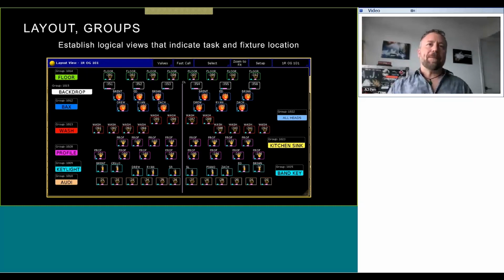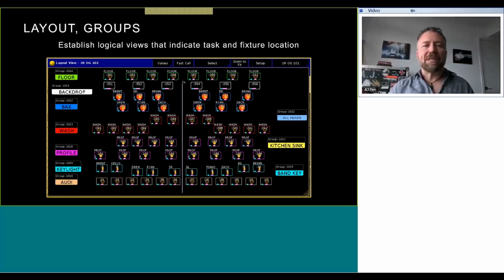Now, I'd like to introduce the concept of this layout. Everyone uses layouts to varying degrees. Your show kernel should have a layout that basically mimics your plot more or less, or at least arranges your lights into logical groups so that you get used to looking at your rig through this prism. You know where to reach to touch the wash lights, and you know how they're working in relation to each other. You can see their intensities in this particular view.